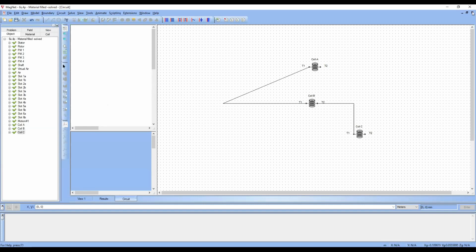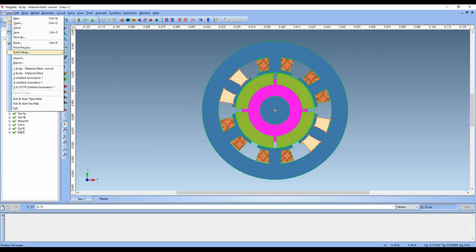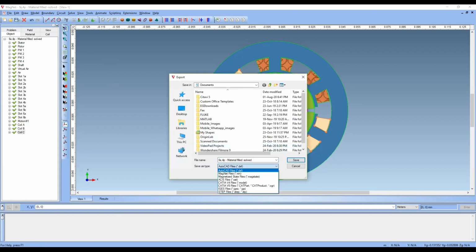Another thing is, once you have solved this model, everything you have done, you can export this. These many file formats are available, like an AutoCAD model or Magnet file, a CATIA model or CAD product, everything you can make. Like this, you can create your own machine block for MATLAB. You can keep this model as your MATLAB simulating block. The only thing is that the compatibility of both should be ensured. Like this you can export.